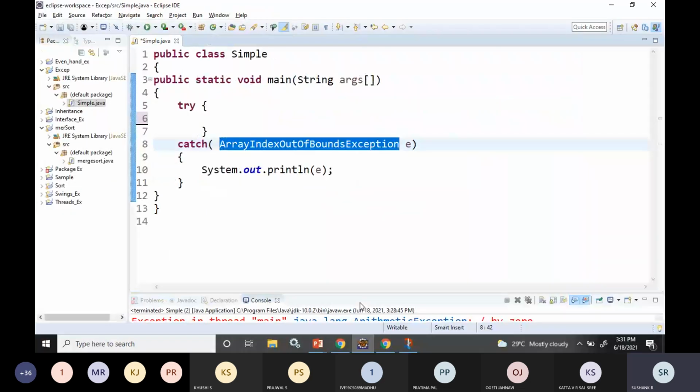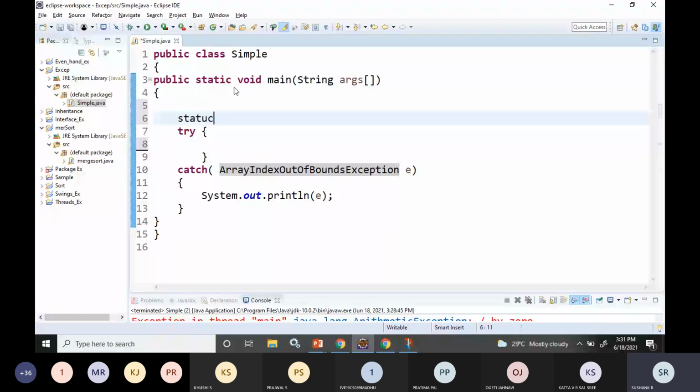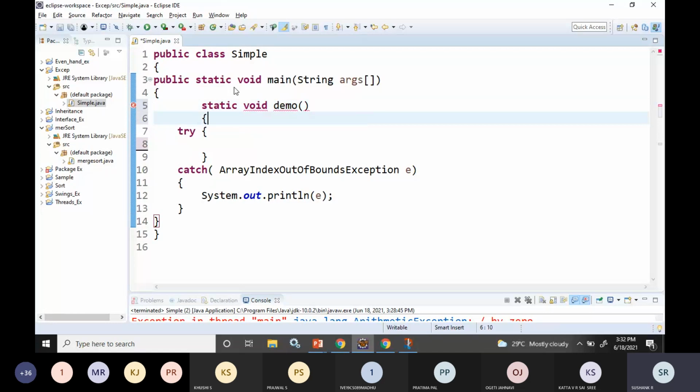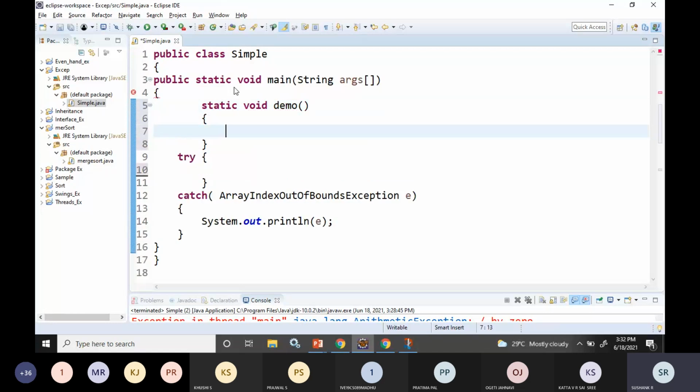How to throw an exception explicitly: we'll just modify this program. I'll create a function called demo.